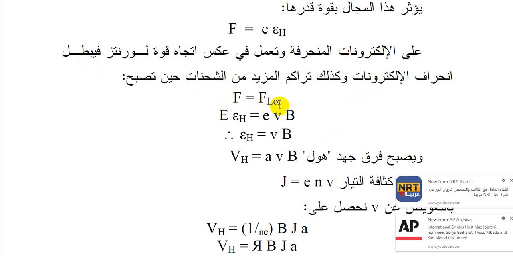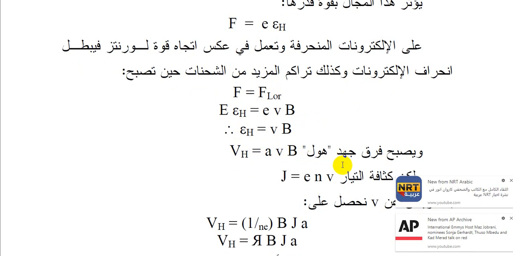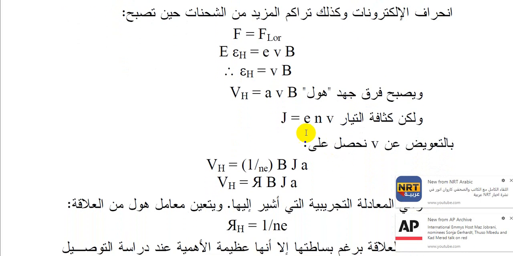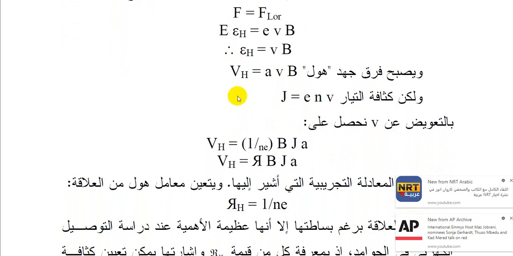F will become F Lorentz, as well as E epsilon naught equal to EVP, as well as epsilon H equals VP, and VH equal to AVP. And Hall potential will become as follows. Hall potential, as you can see right in front of you, or Hall voltage, will be AVP. But the current density